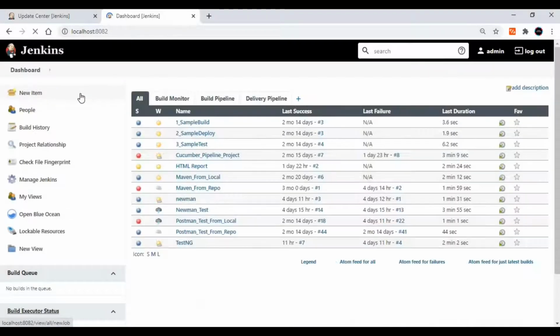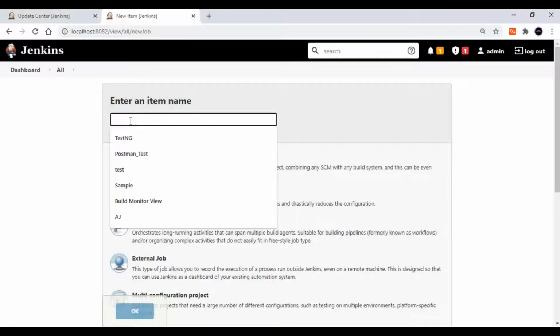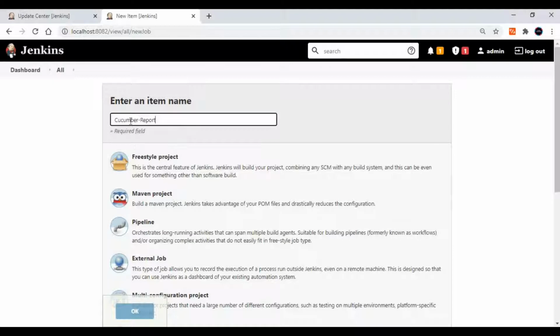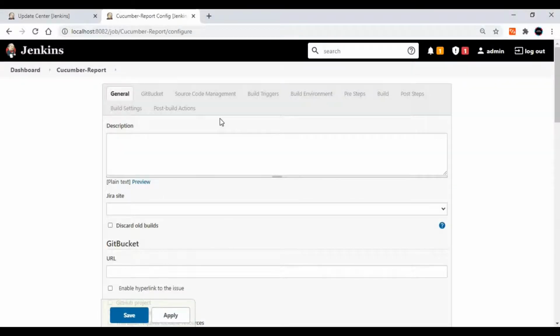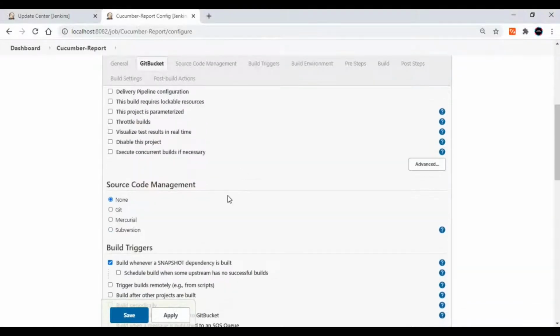So we'll simply create one Maven project by going to New Item. I will name it Cucumber report, select the Maven project and click on OK. Once this project is created, we don't want to make any changes here.